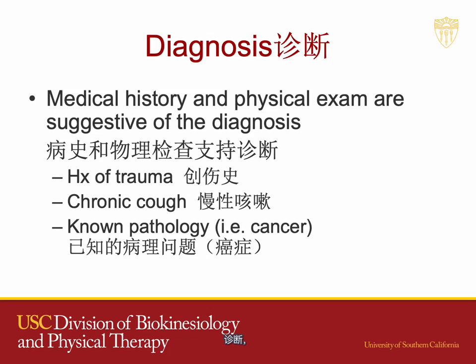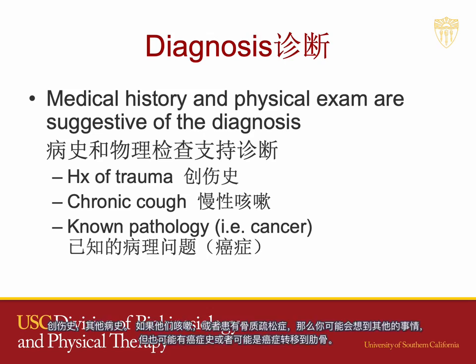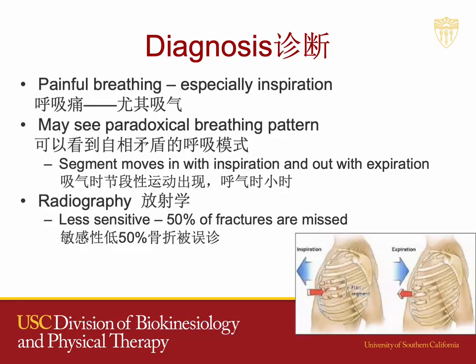So diagnosis, history of trauma, history of something. If they had a chronic cough or they have osteoporosis, then you might be thinking about other things, but there might also be a history of cancer or something. So you're thinking that there could be metastases of that cancer into the ribs. The big one that we are looking for, you're going to say this is probably ribs, is going to be painful breathing. So especially with inspiration,